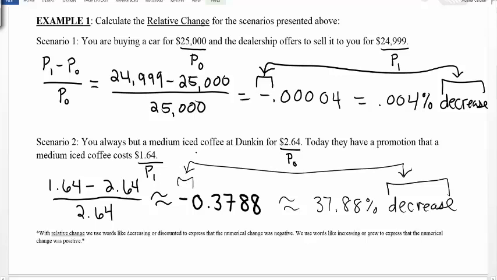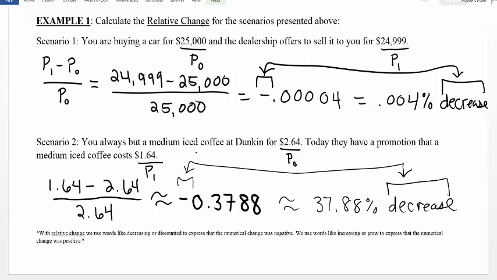we don't usually use a negative sign with percentages. Instead, we use a word afterwards to indicate whether that number was positive or negative. So here you can see there's a very large difference in the discount we're getting in scenario 1 and scenario 2. In scenario 2, the discount is much larger, 37% approximately, compared to your 0.004%, which feels like nothing. So your gut reaction that scenario 2 you got a better deal is probably right when you think about the